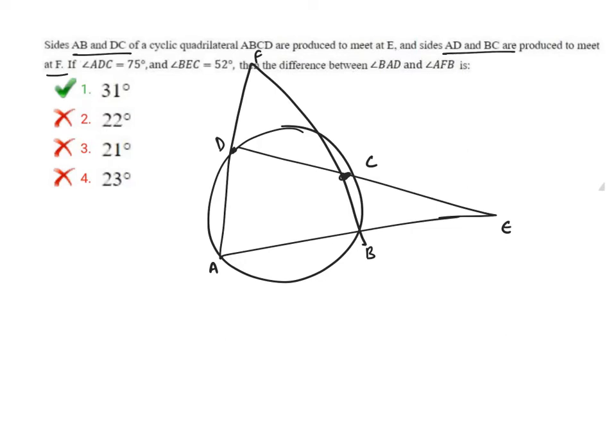He is giving you ADC is 75. So ADC is 75 degrees. In the same manner, BEC is 52 degrees. He is asking you the difference between BAD and AFB. These two angles difference he is asking you. So